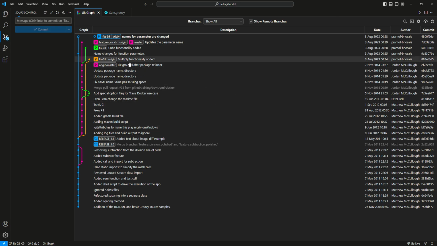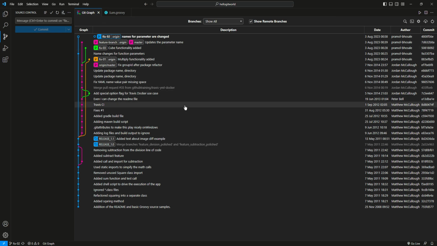Okay, as you can see, now origin is added along with the fix02. It indicates that the code available in fix02 from the remote repository and the local repository are at the same level. Okay, you can access this Git graph by going to the source tab and clicking on this,